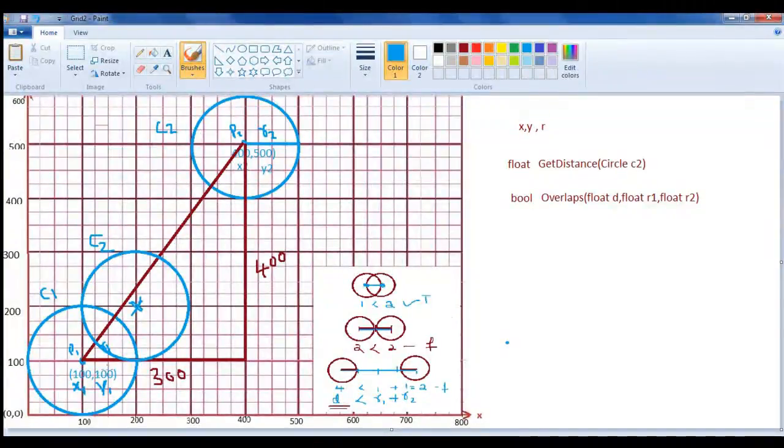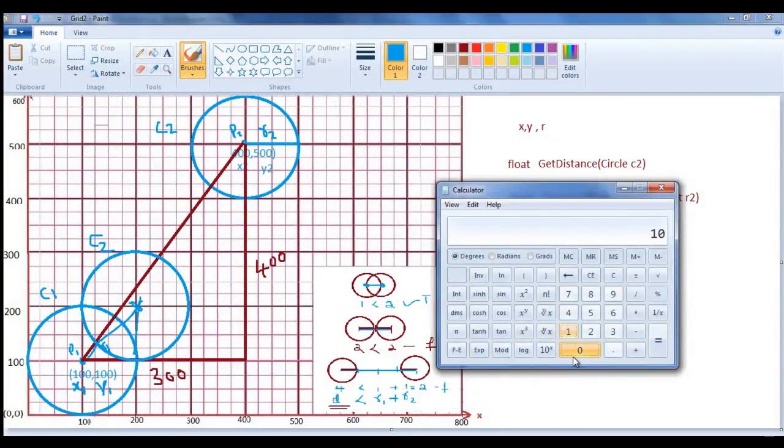So the actual distance, if you find out how much it will come, you can calculate. So 100 into 100 is equal to 10,000. So 10,000 plus 10,000 is equal to 20,000.